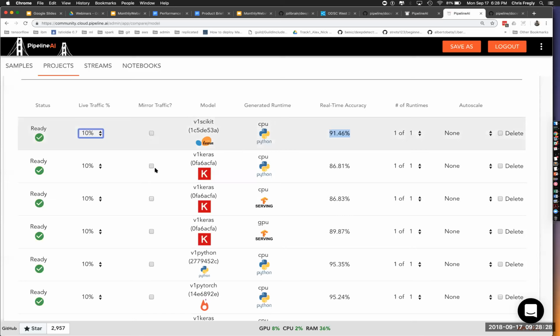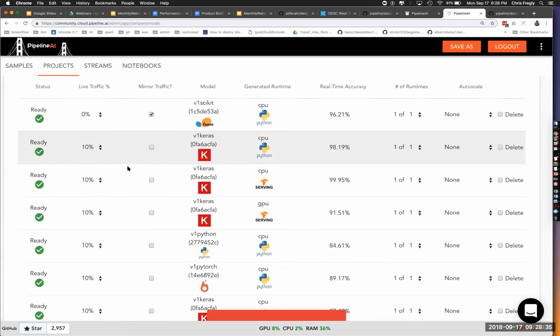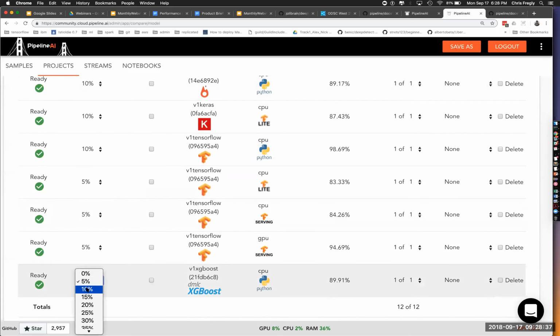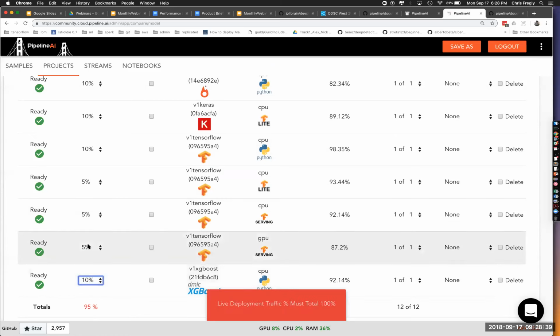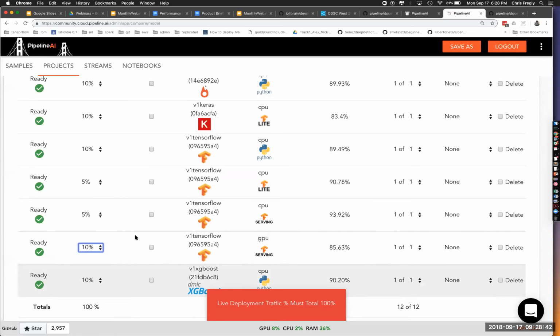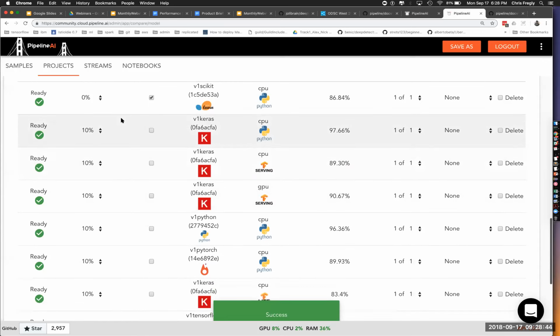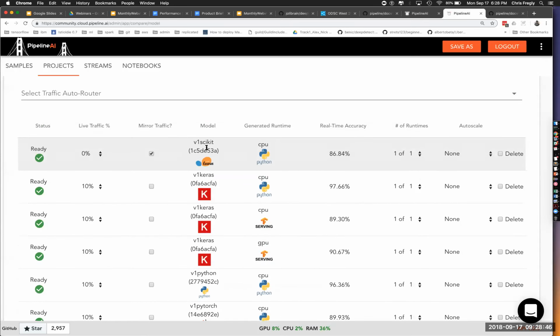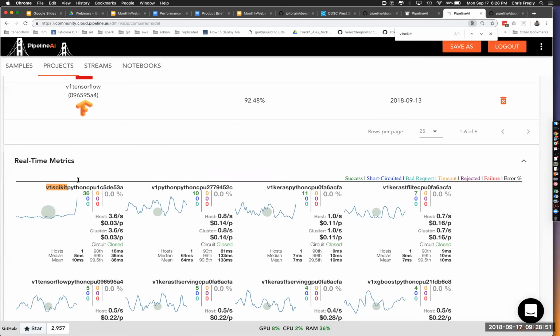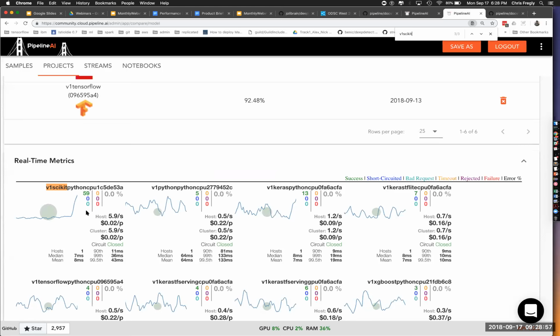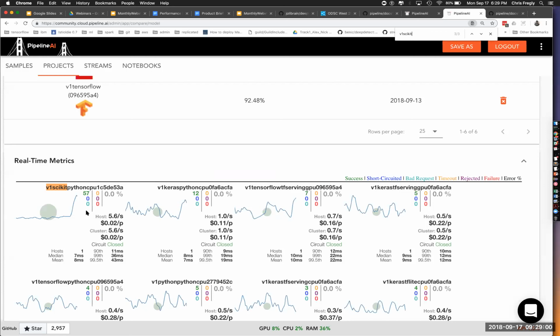And right now, if we check this, it will turn off live traffic and turn on the sort of best effort mirrored traffic. Now it's saying that we're not at the full 100%, so it's not actually changing anything until we do it. Now it's complete, now it's successful. Now let's go see if this V1 Scikit is still taking traffic, and hopefully it is. And yes, it is. So even though we've said to mirror traffic, it's not taking this out of service.